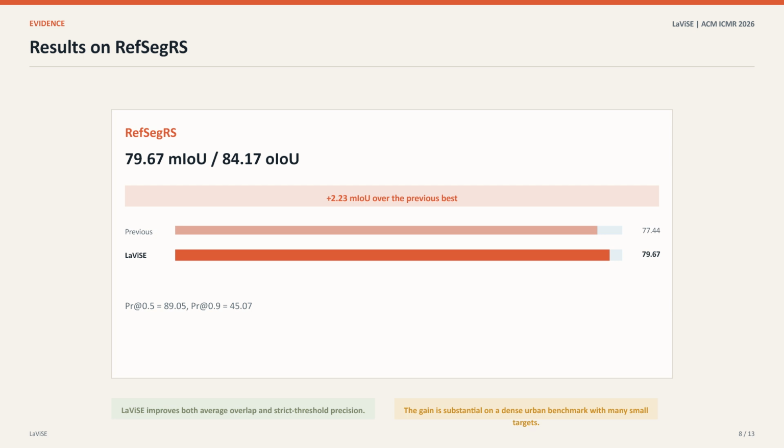The precision scores are also strong, including 89.05 at PR at 0.5 and 45.07 at PR at 0.9. These numbers show that the method improves not only average overlap, but also the stricter cases where precise localization really matters. On a dense urban benchmark with many small targets, that is a meaningful gain rather than a marginal fluctuation.